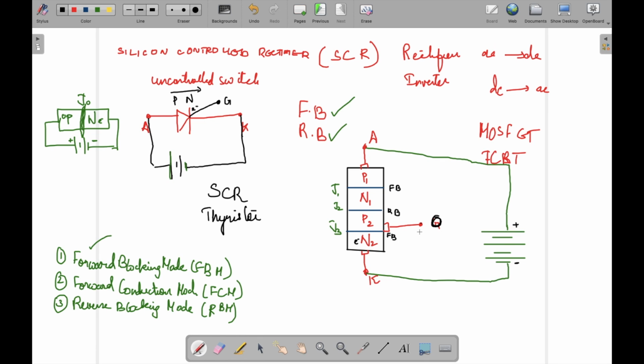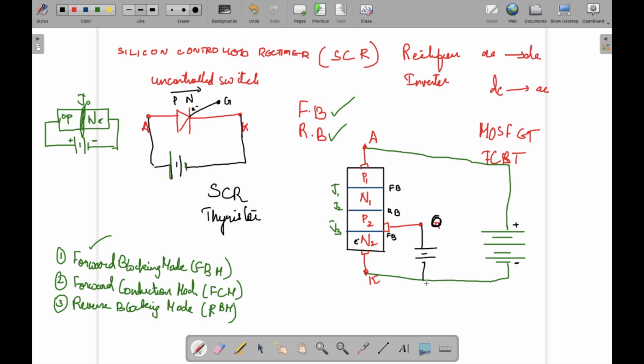Now if I want to start conduction, what will I do? Naturally, I will have to give some instruction to the security at the gate: let these people enter. So for that instruction, we have to excite the gate. That is why we will be connecting a small gate source as well, such that the positive is connected to the gate and negative is connected to the cathode.